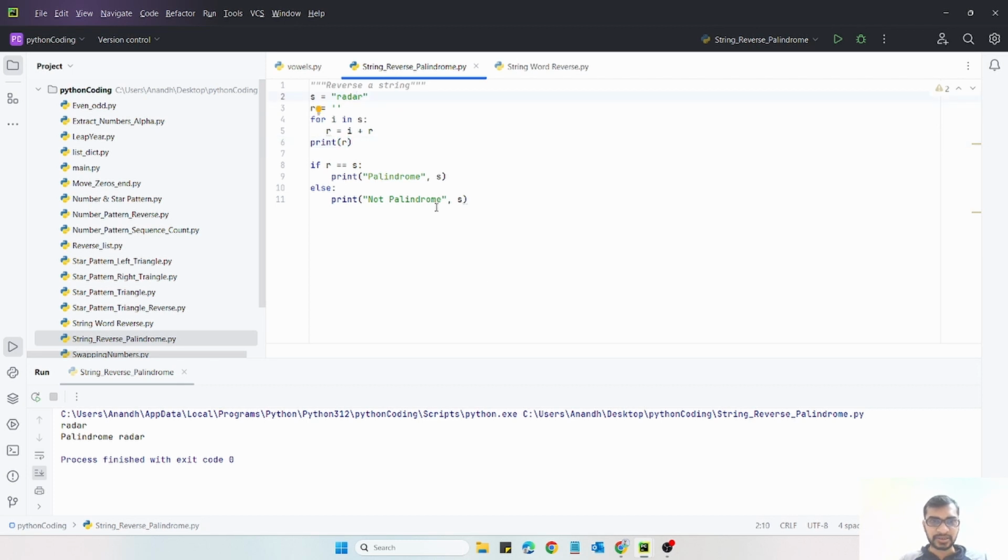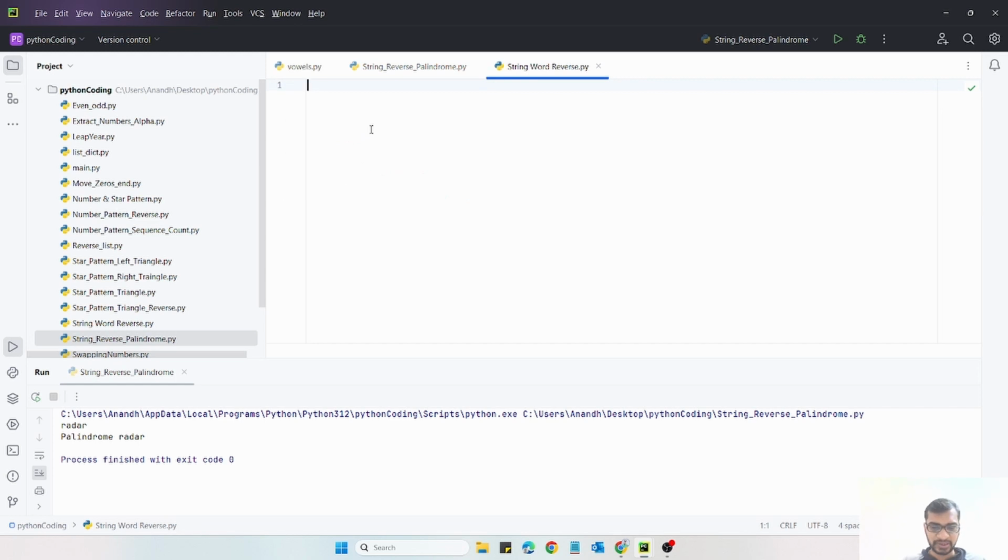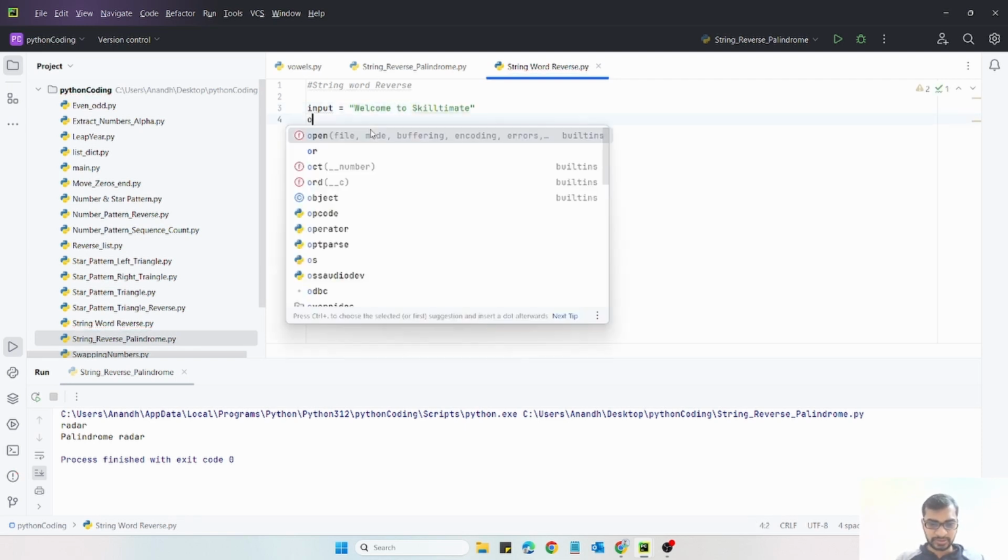Here we have seen string reverse, which is for a single word, and here we're going to see string word reverse. Expected output is